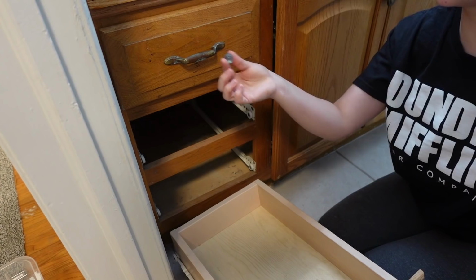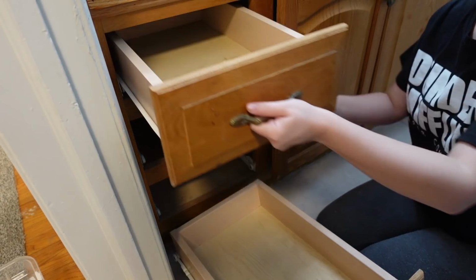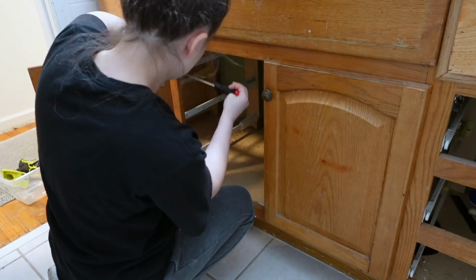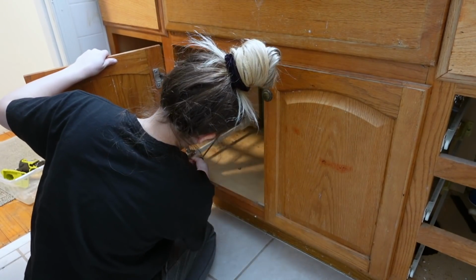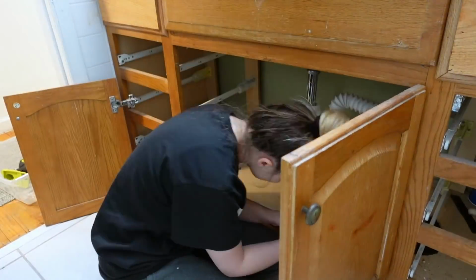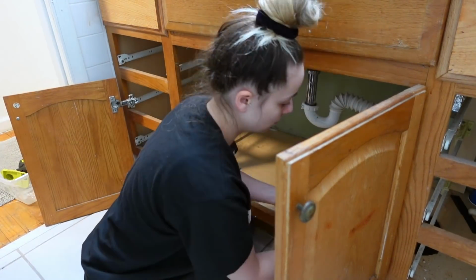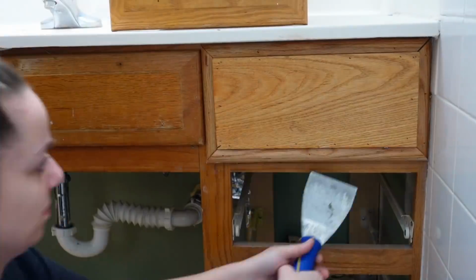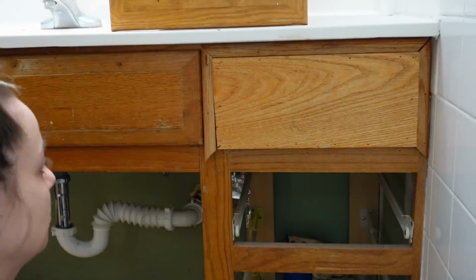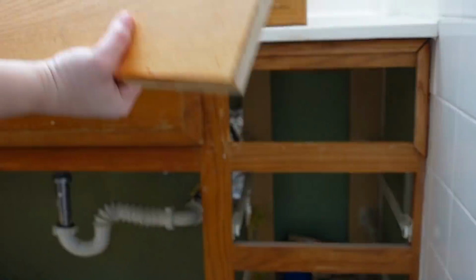Another marble, okay. So when I posted this on TikTok a while back, I was told that the marbles were to tell if somebody opened the medicine drawer. So I don't know, does anybody have marbles under their drawers in their cabinets? I don't know. Anyway, I took off the doors and then it was time to remove these